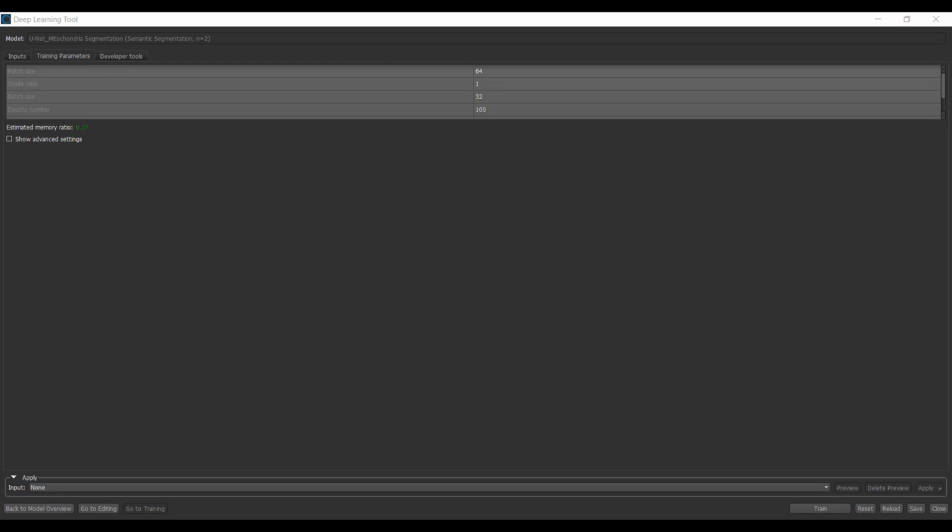So patch size, it's like during training, we split our training data into a smaller number of patches of size defined here. Let's say by default it's 64, so we split the data into 64 by 64 patches. It defines the size of the patch. And then